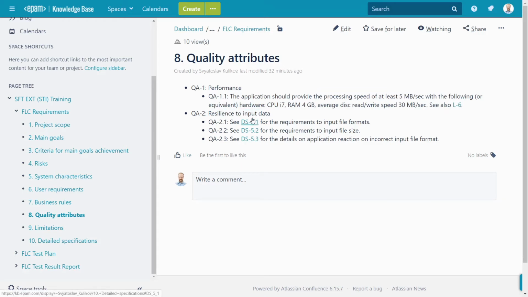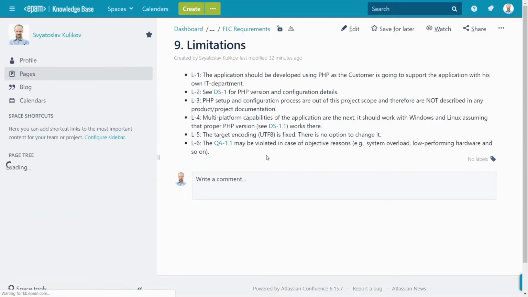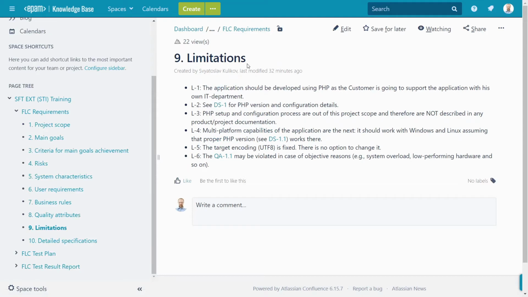And we see here several links to detailed specification. How this application should react to specific file formats, file sizes, and how it should react to incorrect input file formats.